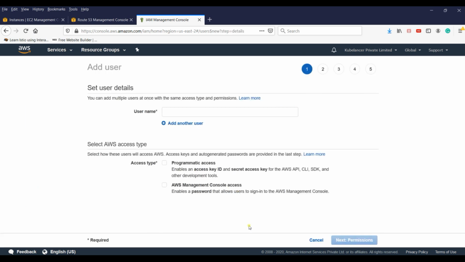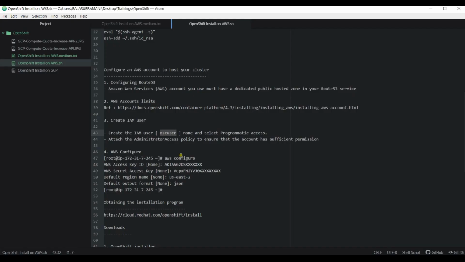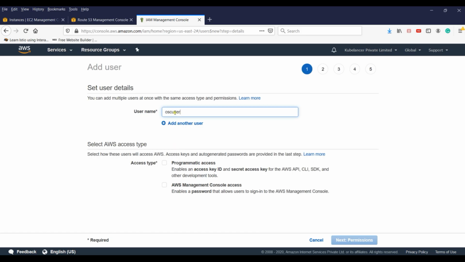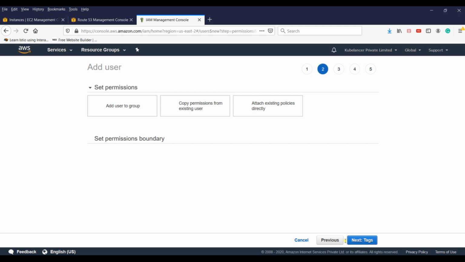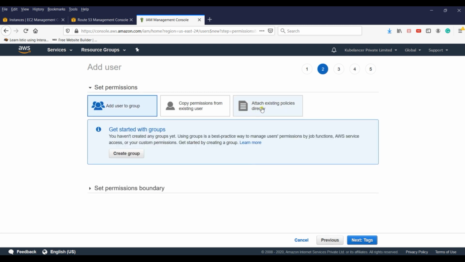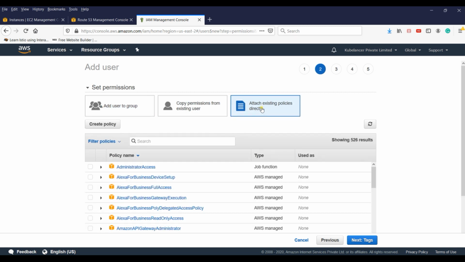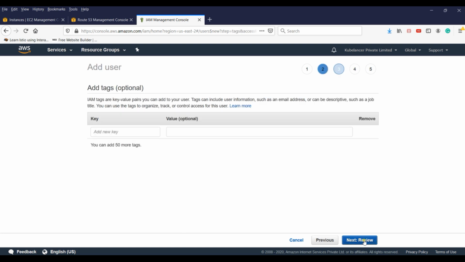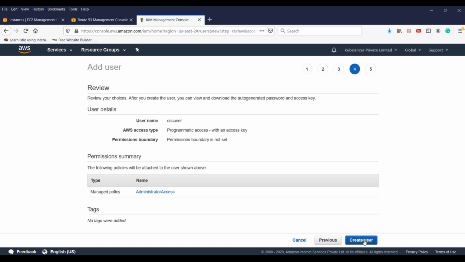Add user, and the username I'm going to use is OSC user, providing programmatic access, and attaching my managed policy here. I am providing administrative access just temporarily, and create the user.